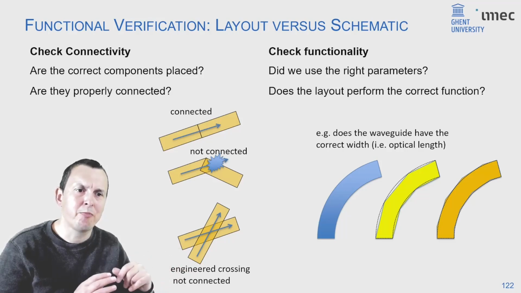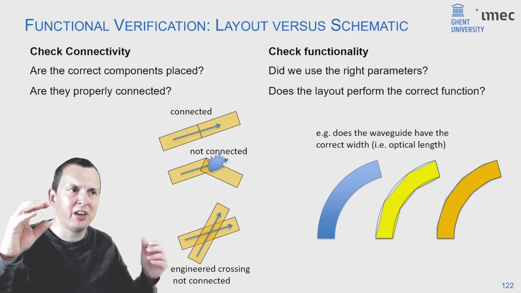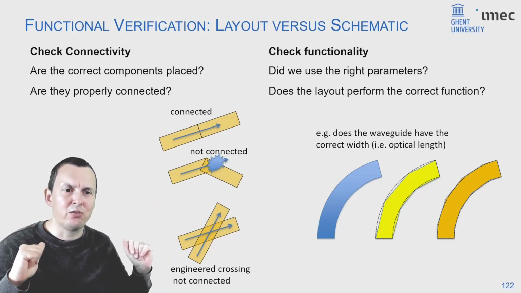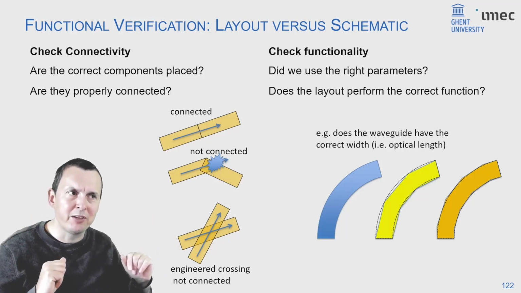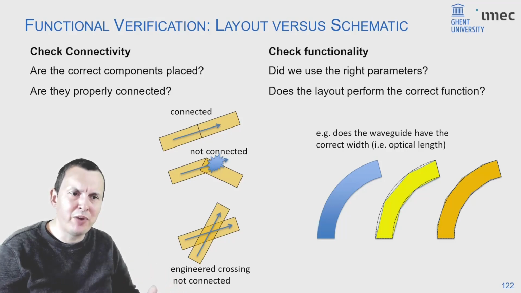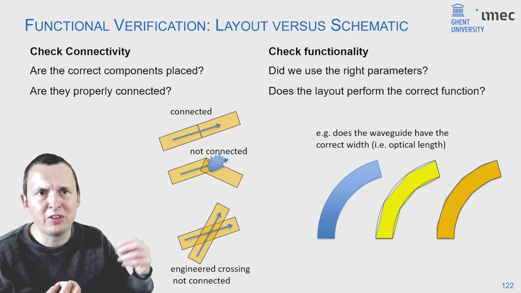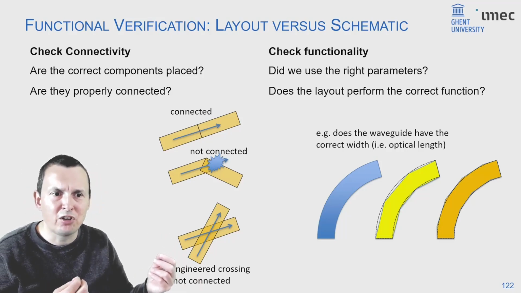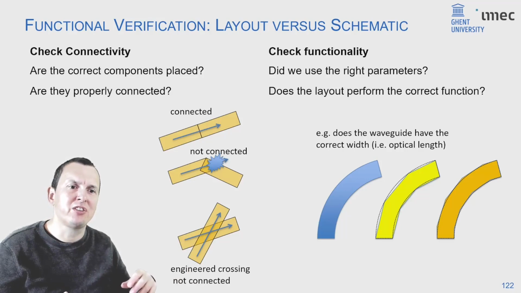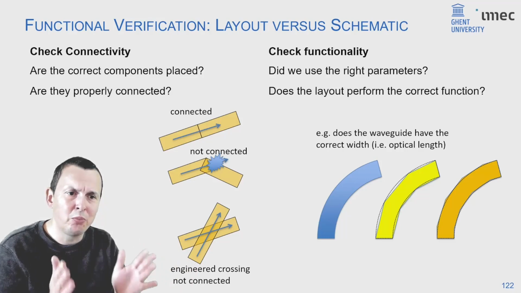the desired functionality. There are simple cases, like if you have a splitter in your schematic, you might identify that indeed you have a splitter in your layout, and you can check that off as the right function is in place. However, a lot of functionality is implemented in the form of waveguides. And with the waveguide, the function is fully determined by its optical length. And the optical length is determined by the physical length, which you can measure on the layout, but also by its propagation constant. And the propagation constant depends on the geometry, the width of the waveguide, the thickness of